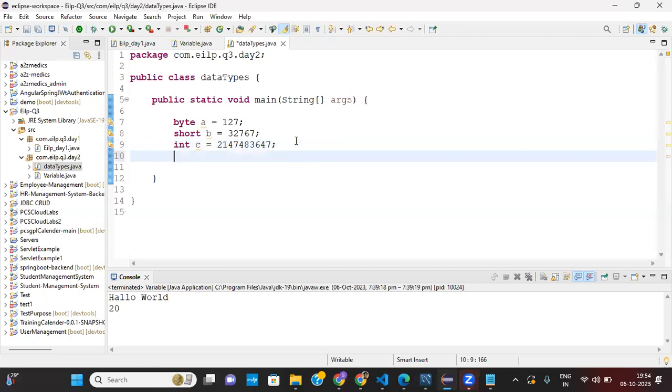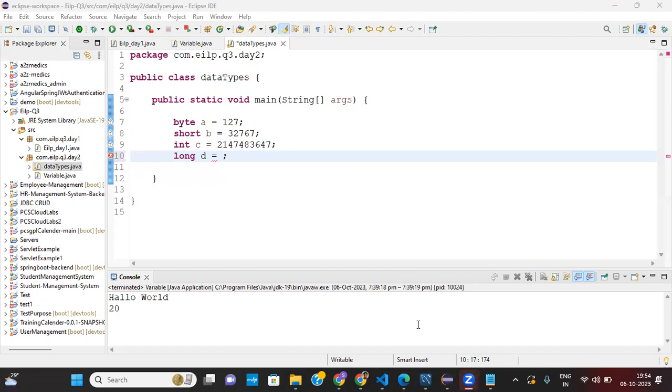Now after that we have long. Long comes after integer and has a much larger range. Instead of using byte and short, we can use only int because it is very reliable.